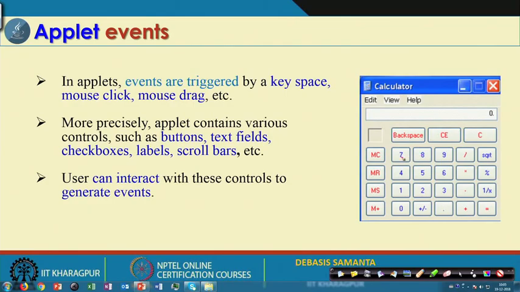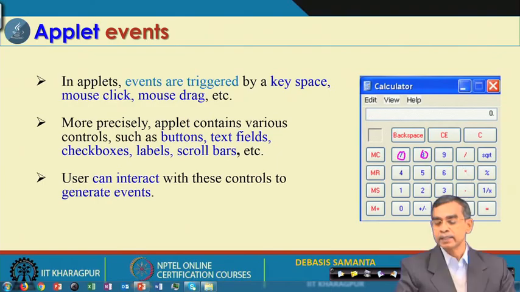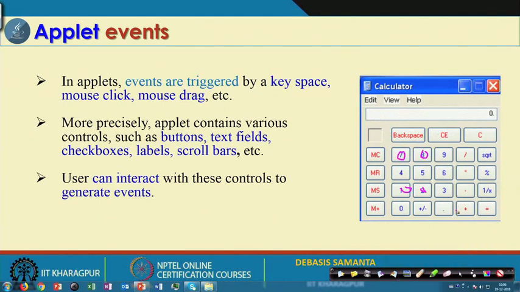If we click 7, then basically what will happen is the 7 will be selected, or it will appear here. Similarly, 8 after the 7. So, 7 and 8 will appear here, then plus, and then if we select 1 and then 2, all those will be there. And then suppose the plus, this means that it is an event, that means we want to add whatever was previously selected to the next that we are going to select.